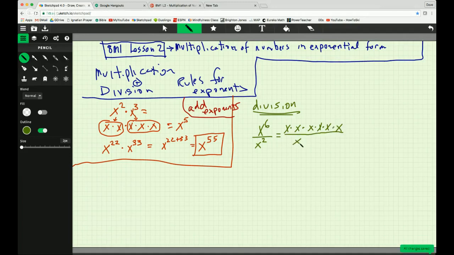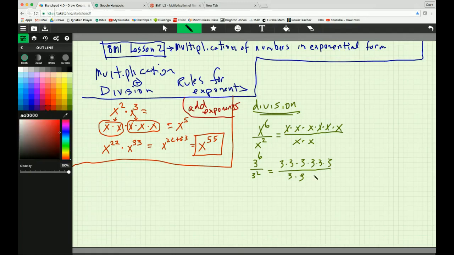Divided by x times x. And if you want to see it without variables, you could see it like this. 3 to the 6th over 3 squared would be 3 times 3 times 3 times 3 times 3. So we can take away all the variables and do this with just regular numbers too. Just the same. And if we look at this, we know from division that we can just do some canceling